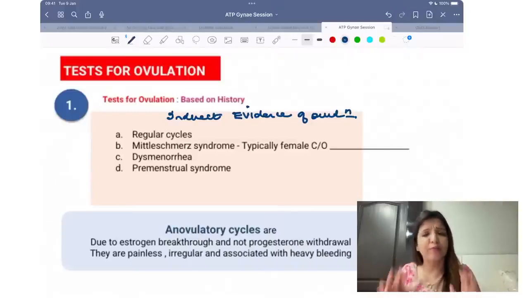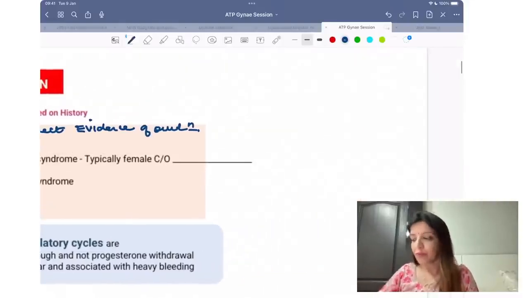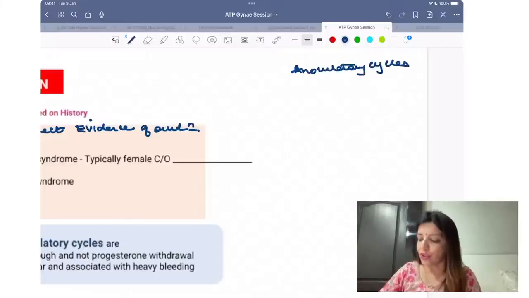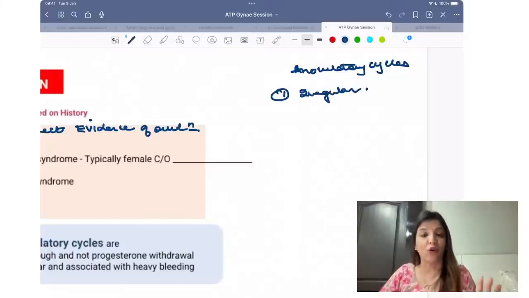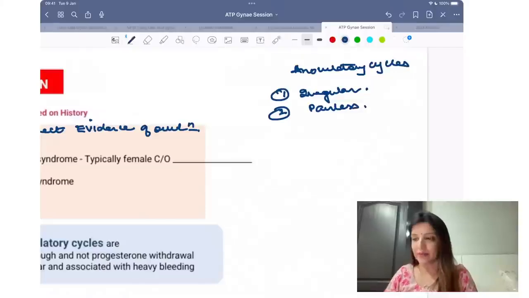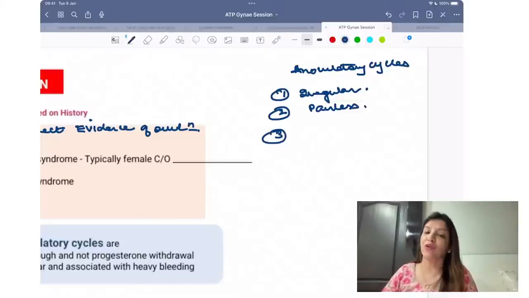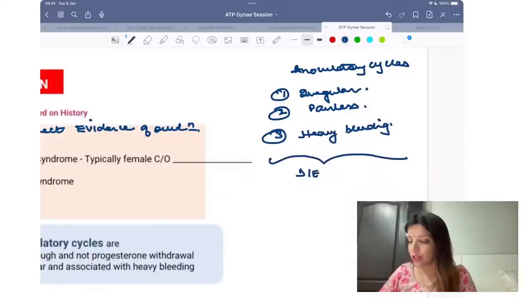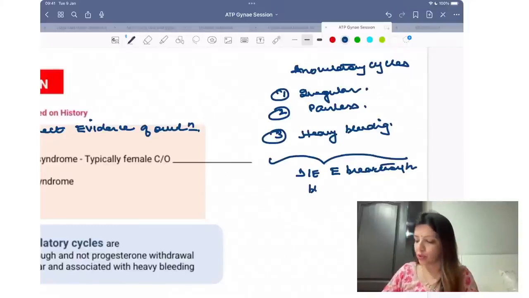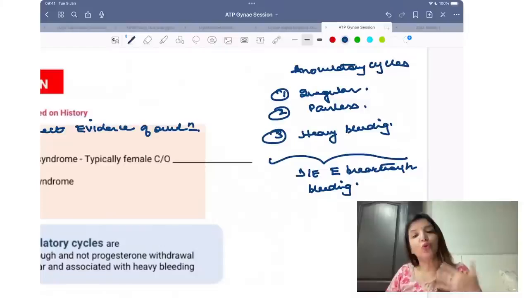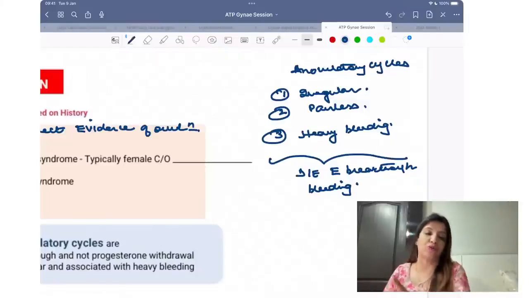और वो क्या होगा? कोई भी female अगर कभी भी हमें कहेगी कि उसकी cycles regular हैं, so that means she is ovulating. Why? Because जो anovulatory cycles होती हैं, remember, anovulatory cycles, they are irregular. ये characteristic होती है anovulatory cycles की, they are always irregular. Number 2, anovulatory cycles are painless, right? And number 3, anovulatory cycles में there is going to be estrogen breakthrough bleeding. They are due to estrogen breakthrough bleeding. Right? Progesterone तो होता ही नहीं है, so progesterone withdrawal is not responsible for them.